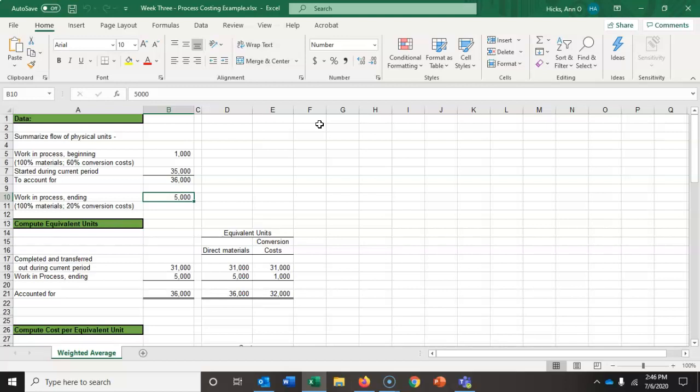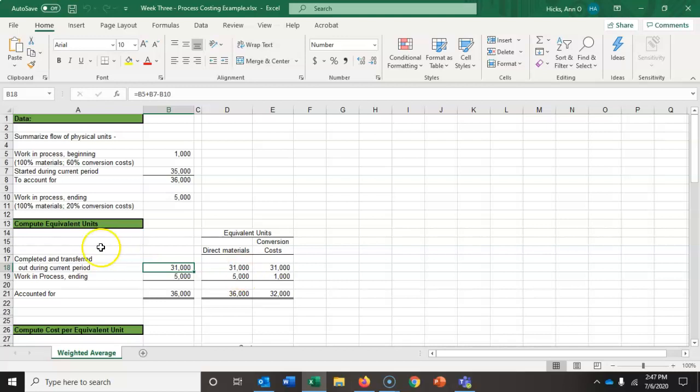The first step is to compute the number of equivalent units we have based on the production that has been done. And keep in mind, I defined equivalent units in that introductory video. So in this column, we have physical units, and then in columns D and E, we'll be computing equivalent units for direct materials and for conversion costs. Note that they potentially will be different because our percentage completion is different based on whether we are talking direct materials